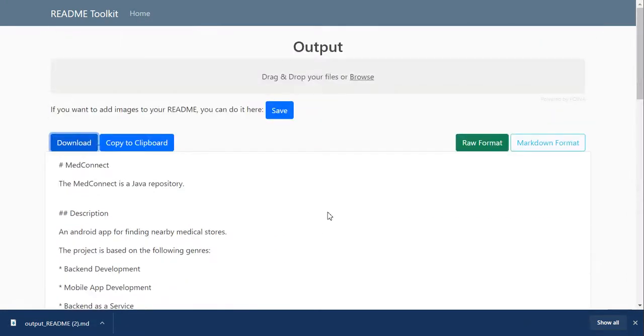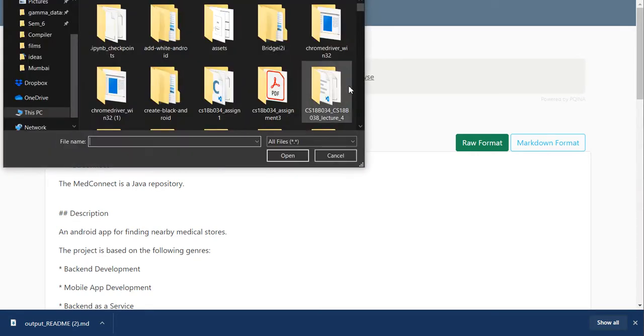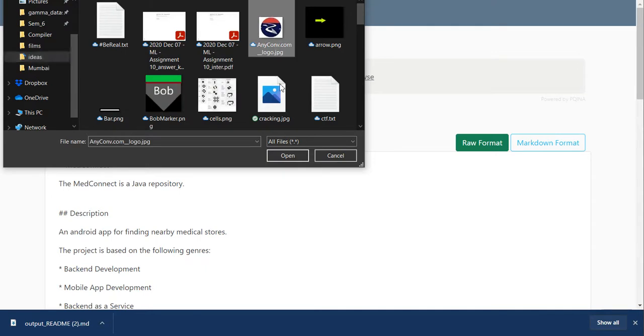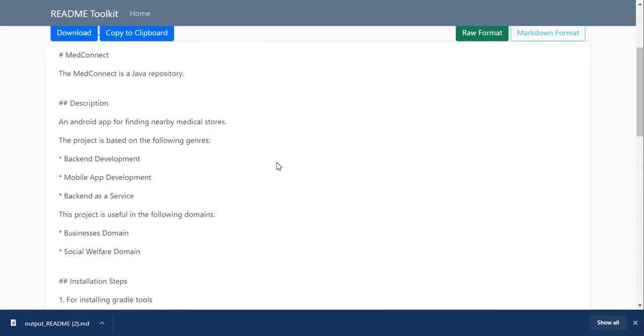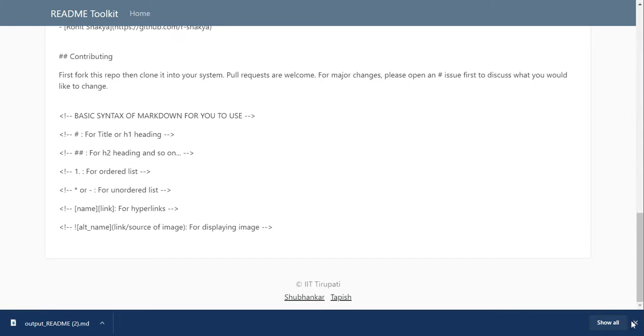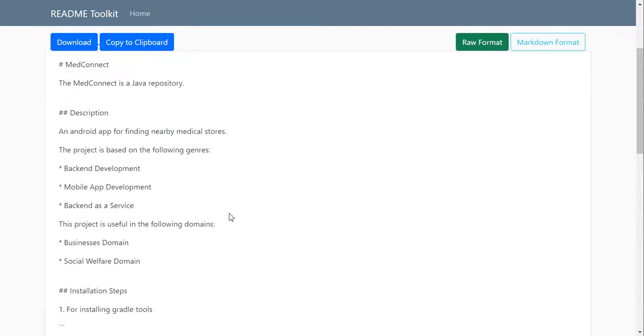And this is the complete demonstration of our project. Apart from that, we can also put image files here as well. For example, if I go to the idea section and then put a logo, and we can press save, then this will also insert the image here as well. For this we are using our Cloudinary API, and it will take a bit of time to call. This is all for the demonstration.